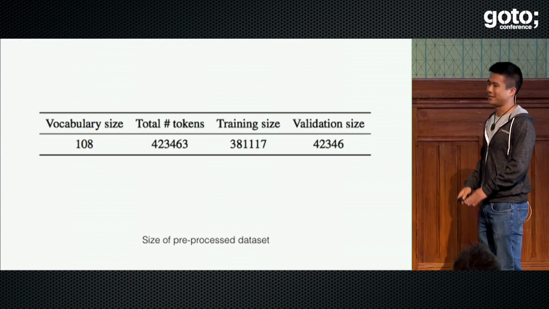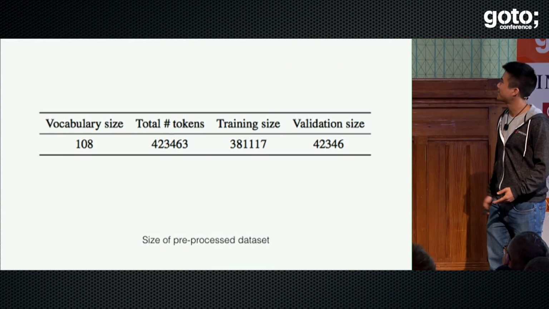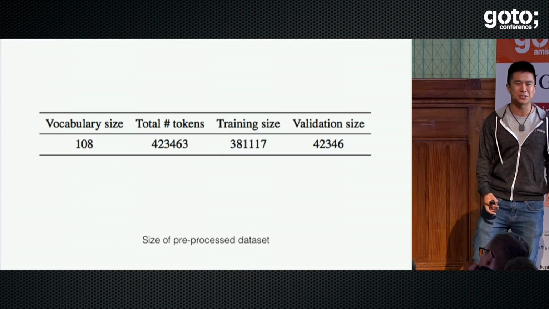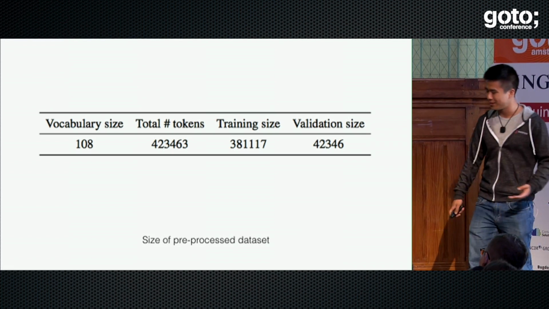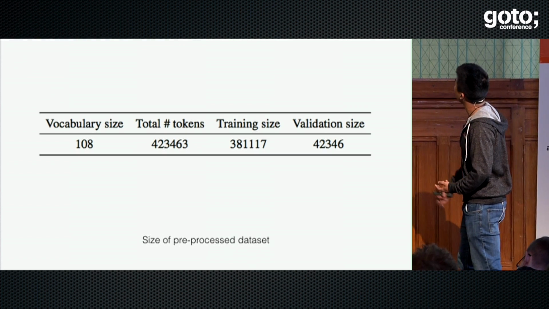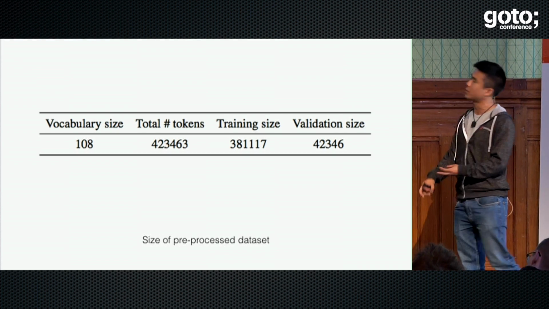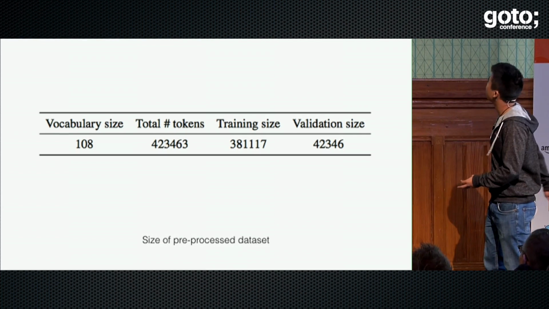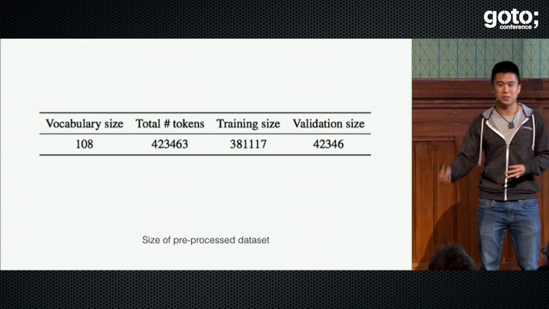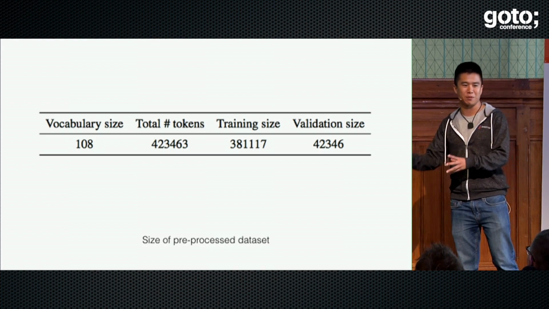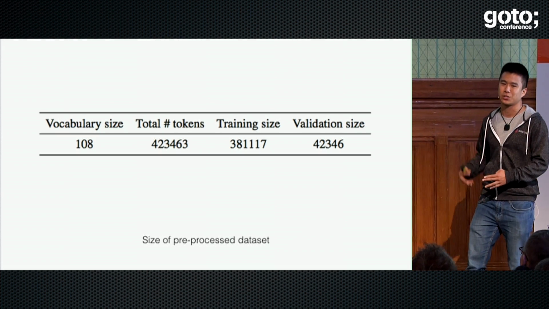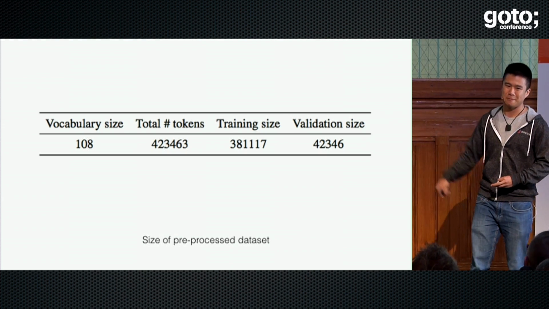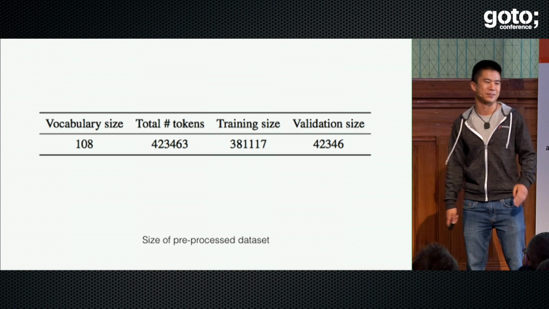After all of our pre-processing, our final corpus looks like this. There's only 108 symbols left, so not all 128 pitches are used in Bach's works. And there's about 400,000 total, where we've split 380,000 into a training set, and 40,000 into a validation set. We split between training and validation in order to prevent overfitting. We don't want to just memorize Bach chorales. Rather, we want to be able to produce very similar samples which are not exact identicals.